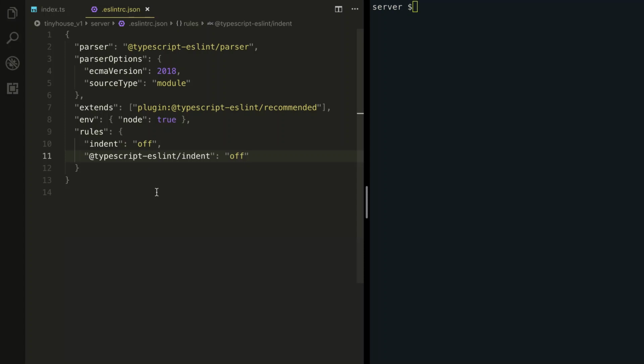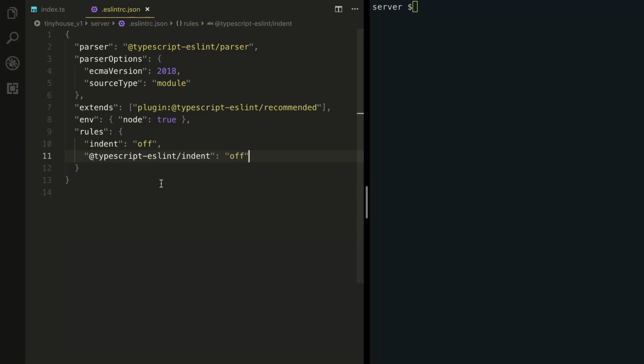The main takeaway from this is that the ESLint RC.json file is sort of the configuration file for how we want to configure ESLint in our development environment. We specify a parser to basically tell ESLint to be able to parse TypeScript code. We state that we are basically looking to create pretty new JavaScript code, ECMA version 2018, and in terms of